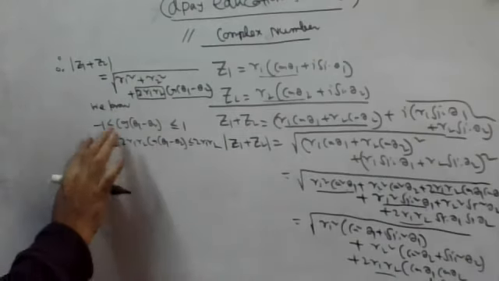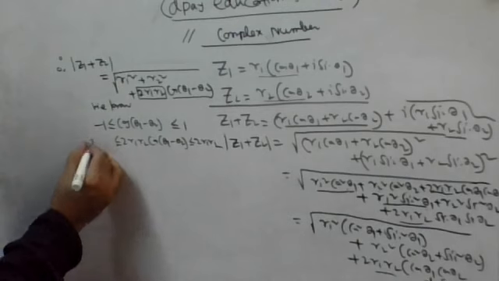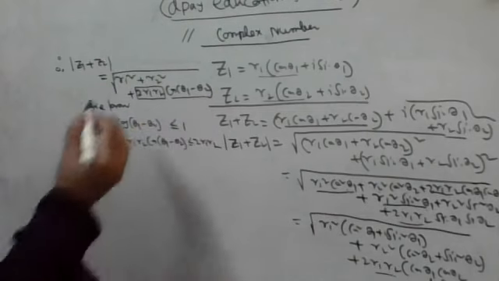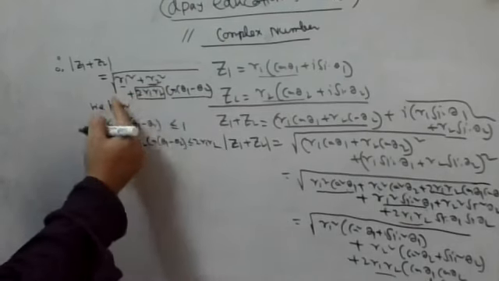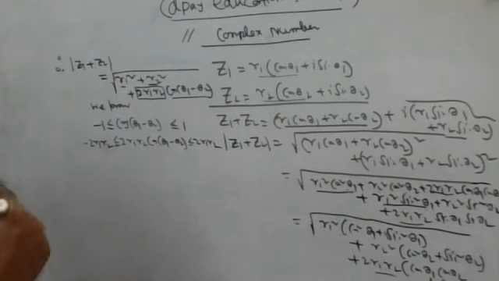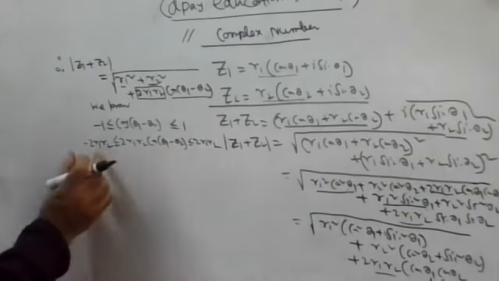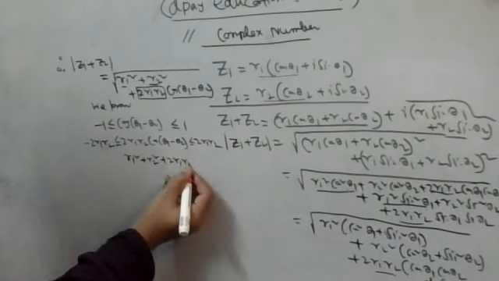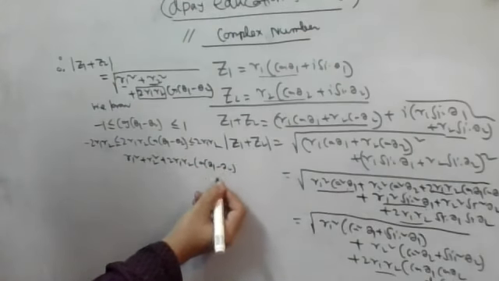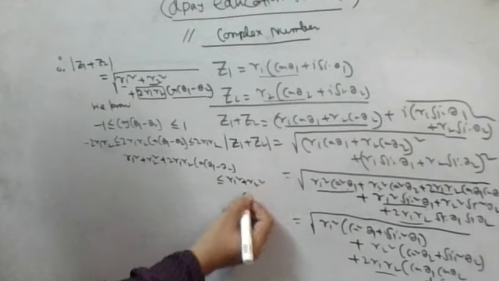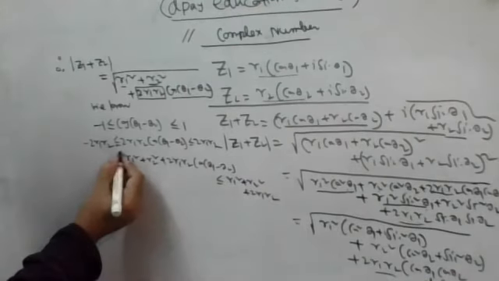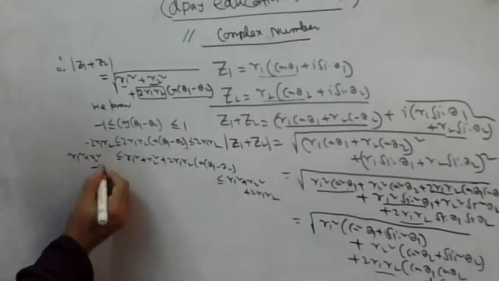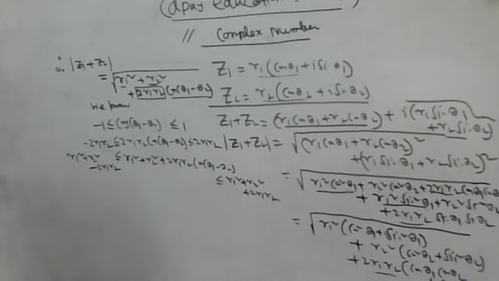Now, with 2 r1 r2 cos (theta 1 minus theta 2), we have to introduce r1 square and r2 square also. So introduce that in the middle term, extreme right, extreme left. First you add this thing in the middle term: r1 square, r2 square, 2 r1 r2, extreme right and extreme left. Hope you understood.